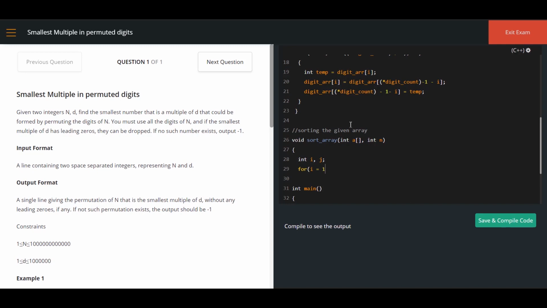For i equal to 1, i less than n, i plus plus. So inner for loop should start with j equal to i plus 1, or you can come with reverse, anything you can go for. So here I am going to come with reverse: j equal to i minus 1, j greater than or equal to 0, and j minus minus.